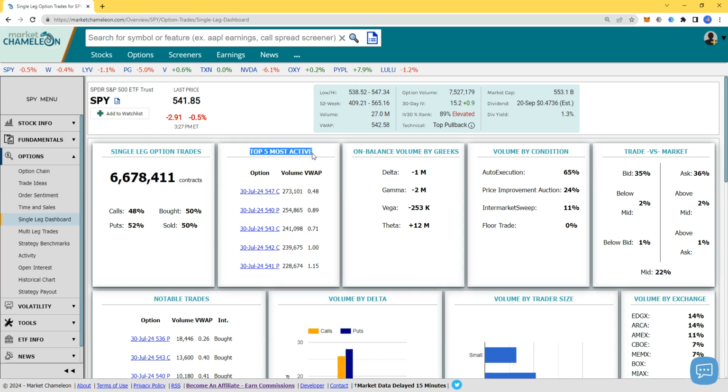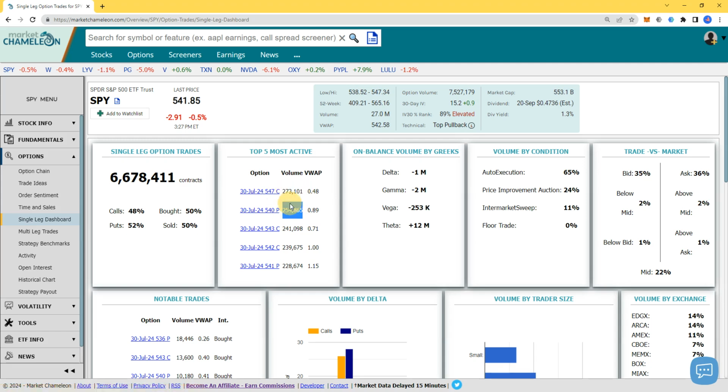And if you see here, let's keep going. Top 5 most active. We got July 30, all for today, the 0 DTE. The 547 calls, and this one was the 540 put, 543. So the highest was the 547 calls, but you don't know if they bought or sold. After that, we got the 540 put, 543 call, 542 call, and 541 put. So basically the trade range for the most active options, this is very interesting, is the 540 put and